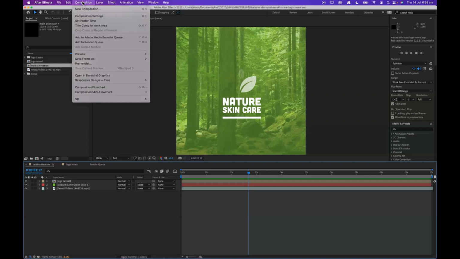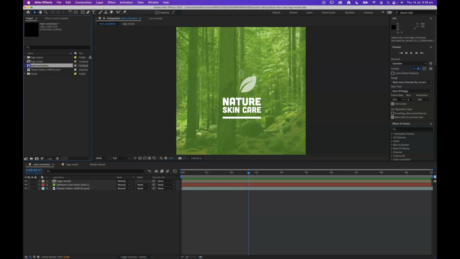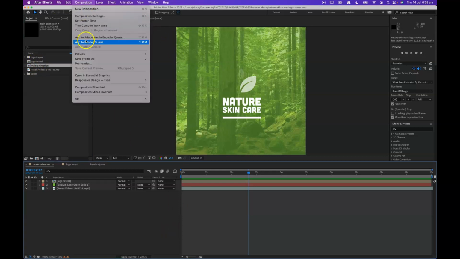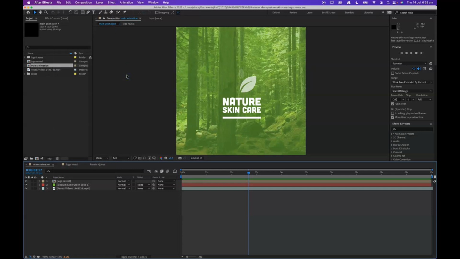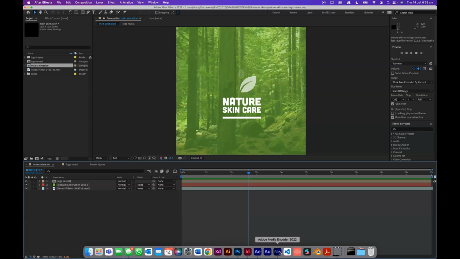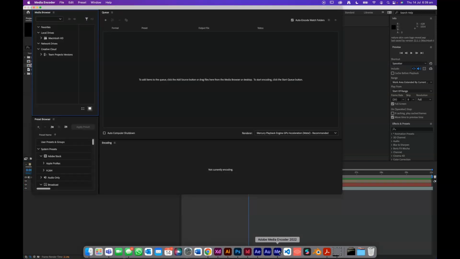You can do that a couple of ways, by selecting the composition that you want to export, and then going up to Composition and adding that to the Adobe Media Encoder queue, or you can also do that under File, Export, Add to Adobe Media Encoder queue, and that should open up Adobe Media Encoder. Might take a second for that file to copy across. If you don't have Media Encoder open, it will launch it for you,